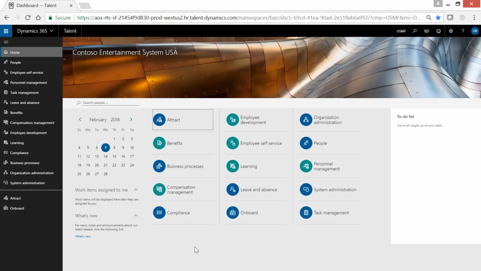In this demonstration, I'm going to add direct deposit information to my own profile in Dynamics 365 for Talent. But to do that, I need to enable payment methods first. So to get started, I'm going to go to Compensation Management,